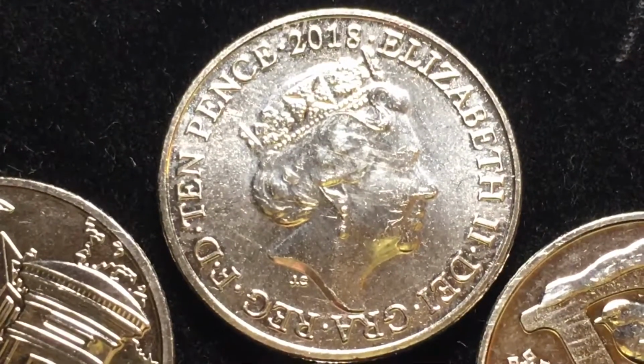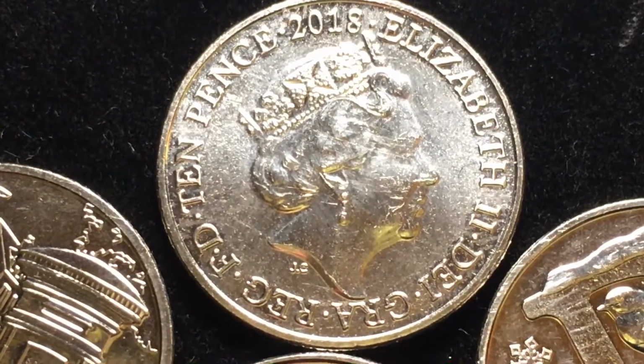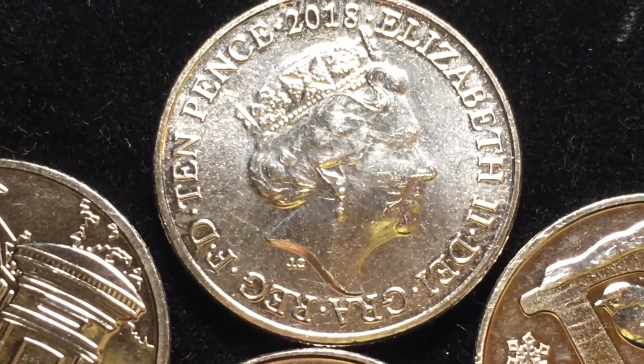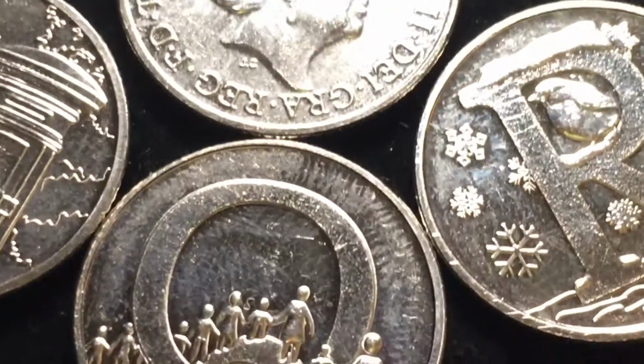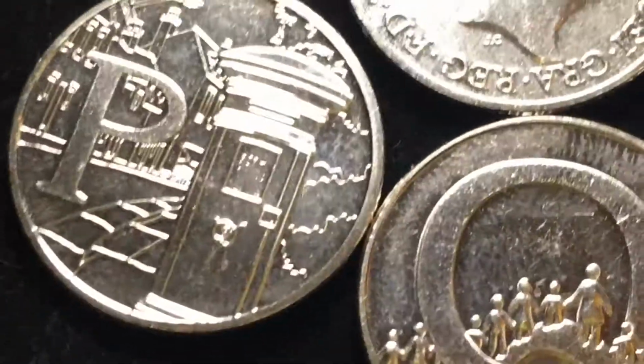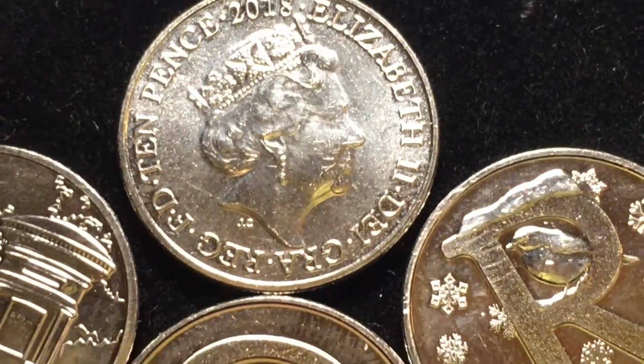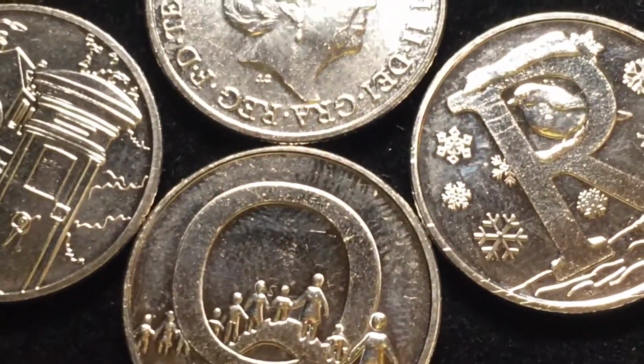The Royal Mint says that they released 2.1 million of each of these coins into circulation, and that people should be able to get them at the post office or just find them in circulation. But again, I haven't talked to anybody that's gotten one yet. So good luck looking, and look for the